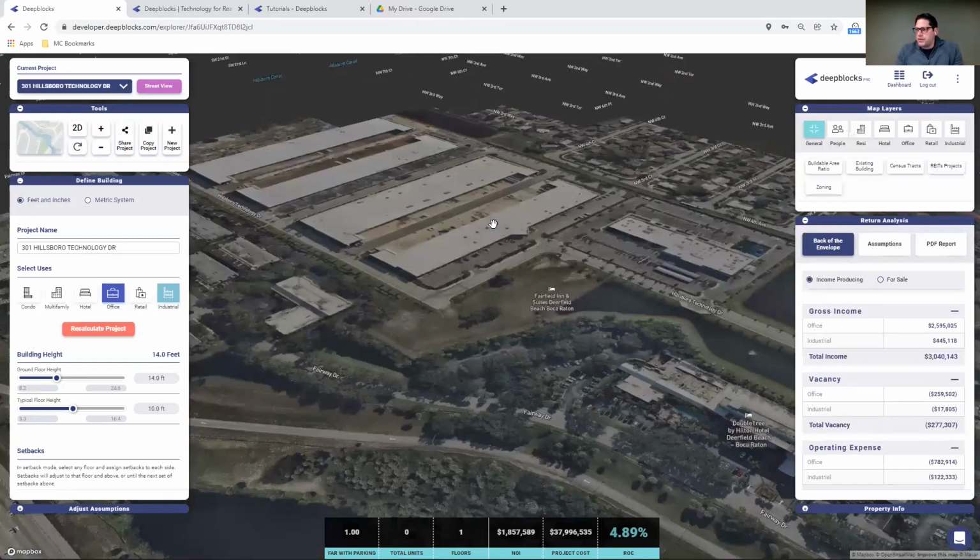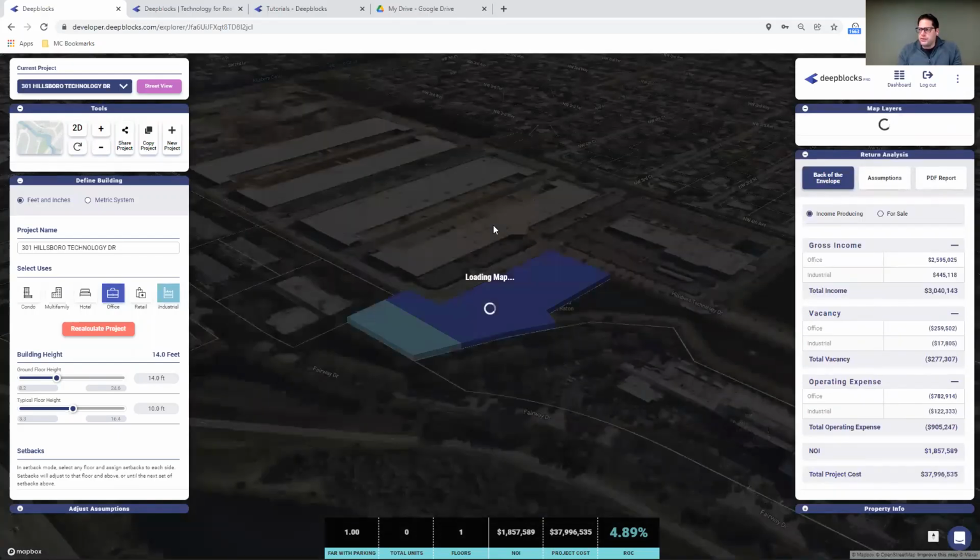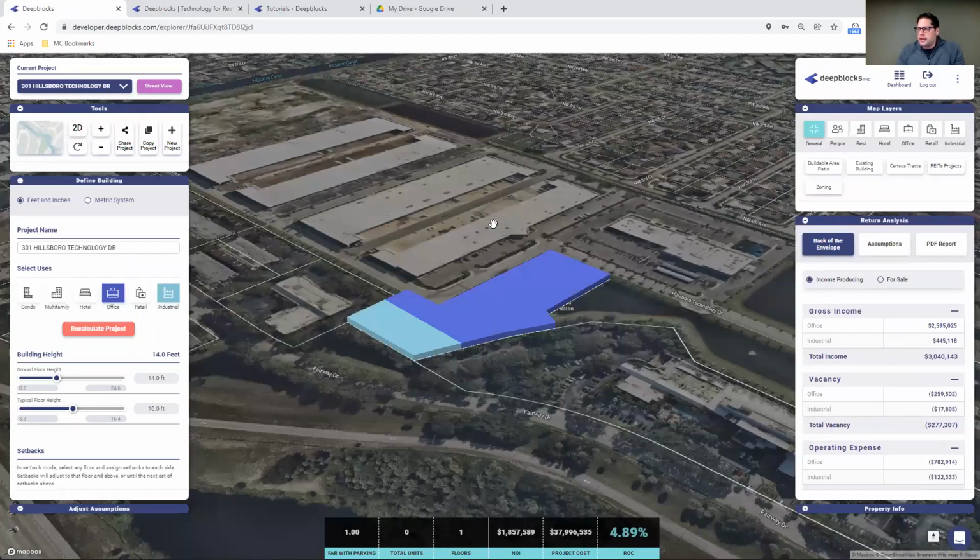And again, this is the use of Deepblocks: going through these iterations, going through the sequence, doing it at a high level and truly understanding what is possible for these particular parcels. If it doesn't make sense, can we go to the next step, or should we scrap it and continue to look for other sites? The whole premise is to find as many sites that fit your model, if it's 1, 2, 3, 5, 10, and then export the PDF reports, analyze those reports, and make a decision with your team, saying, all right, properties 2 and 3 make the most sense out of these 5 properties. Let's move forward with 2 and 3 and take it to the next step.